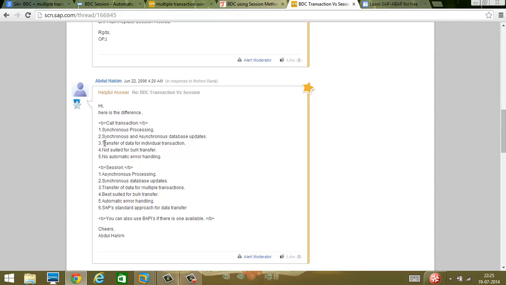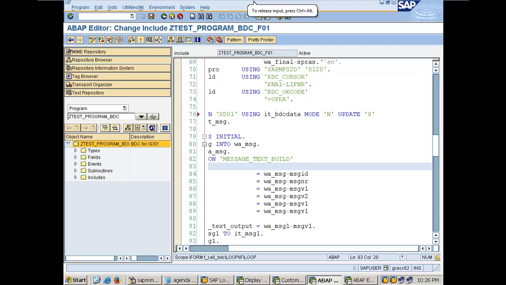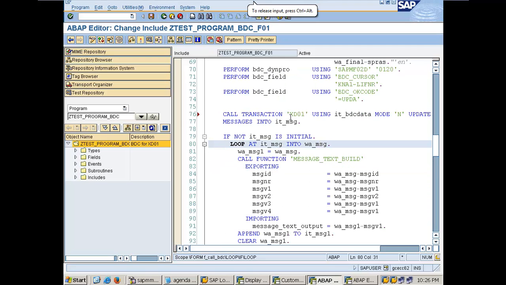Transfer of data for individual transaction, as I said, one by one, is not suited for bulk transaction, that is GS. No automatic error handling, so that is fine. That's why we are using the concept of BDC MSG COLL. So BDC MSG COLL is actually,